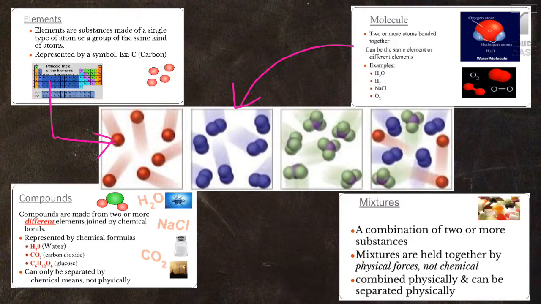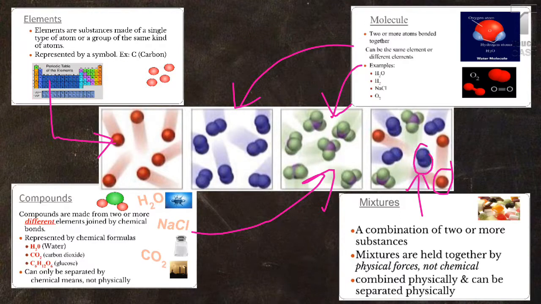Here we have our molecule that is two or more atoms of the same element, and we have our molecule that is two or more of different elements, represented by green and purple. This is also a compound because it is two or more different elements. And finally we have our mixture, which is a combination of elements,